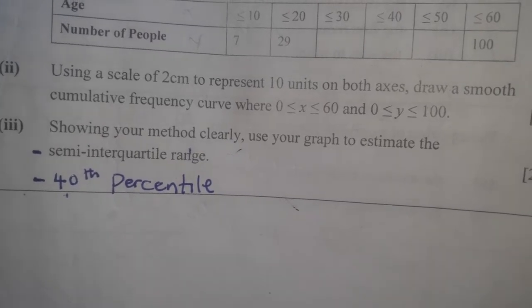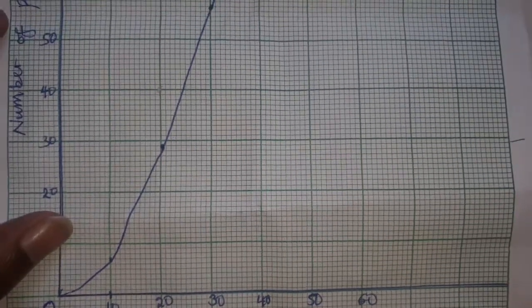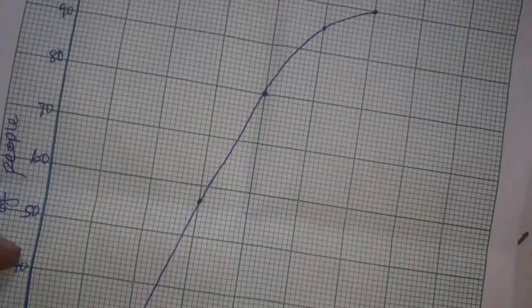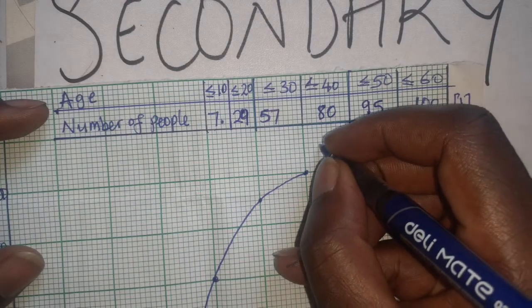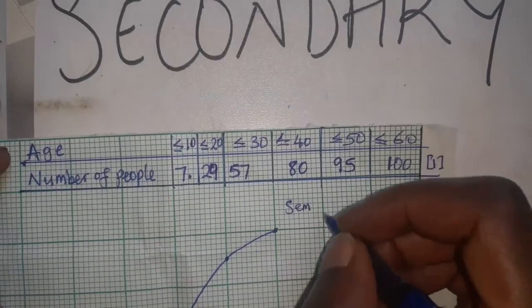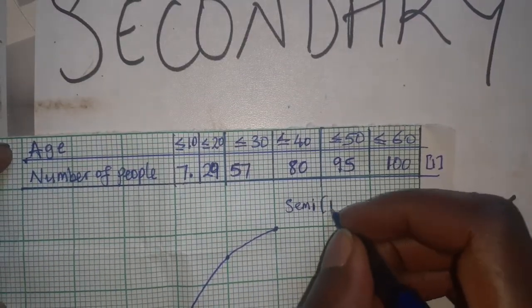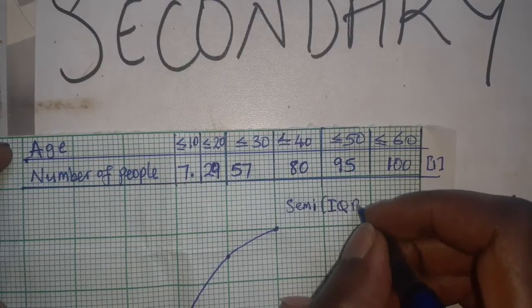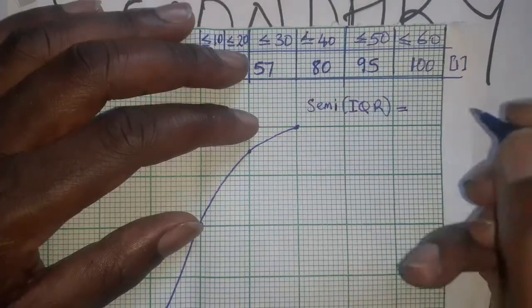So let's see the process here. Semi-interquartile range is equal to